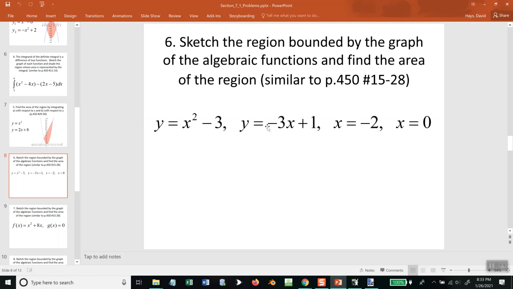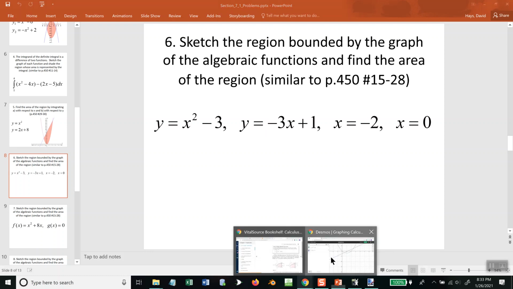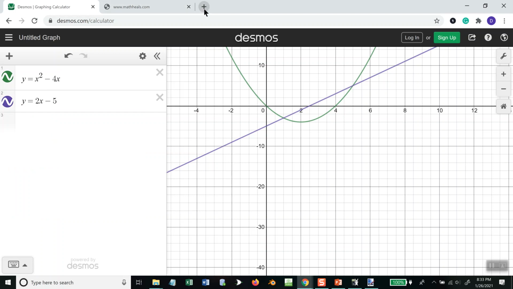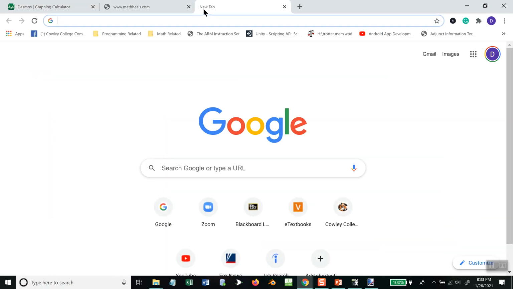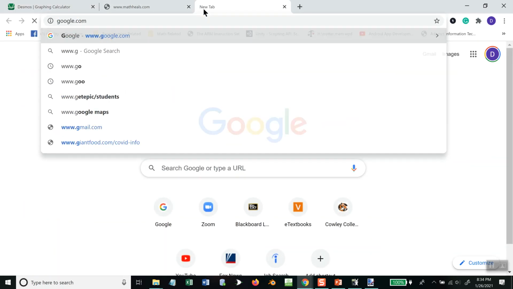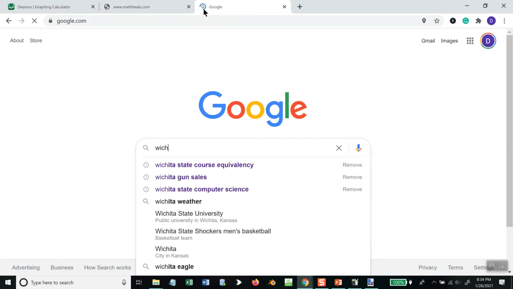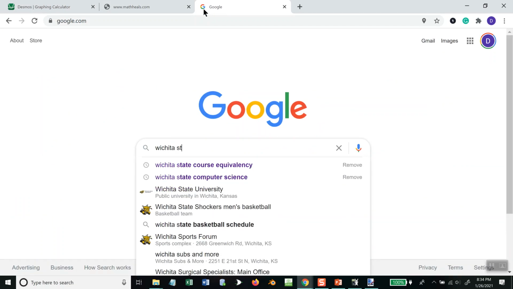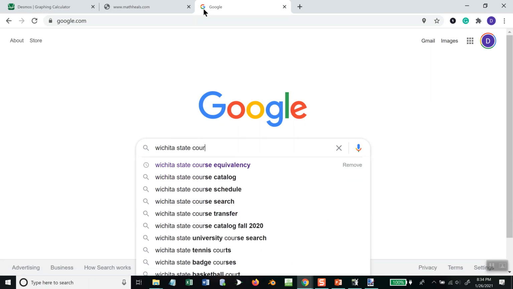There's only one of them that's been, and it's not like that. It's not offers an entry to class. Not one. That's like not the one you want to take. That's the one that transfers. You know how to look up what transfers? I know how to go to the WSU website and look for it. Yeah, if you type Wichita State course equivalency,